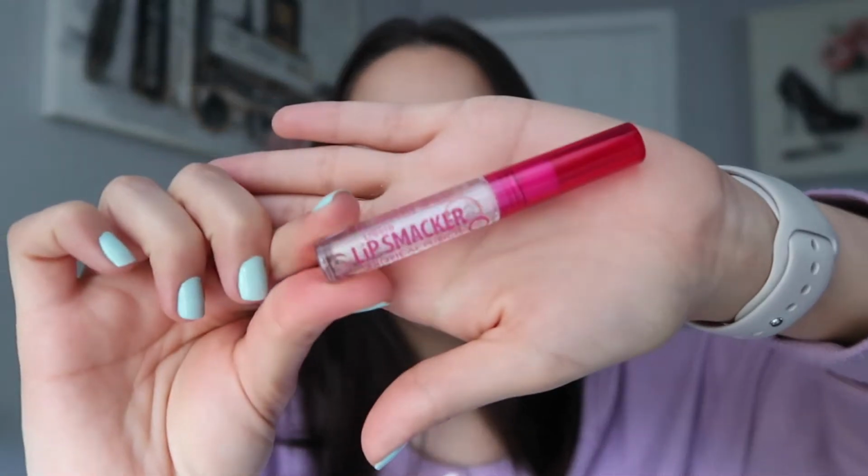Anywho, and then on my lips I just have my Lip Smackers Tropical Punch lip gloss, just to have them hydrate a little bit in the meantime. All right, let's get started. So we're gonna first